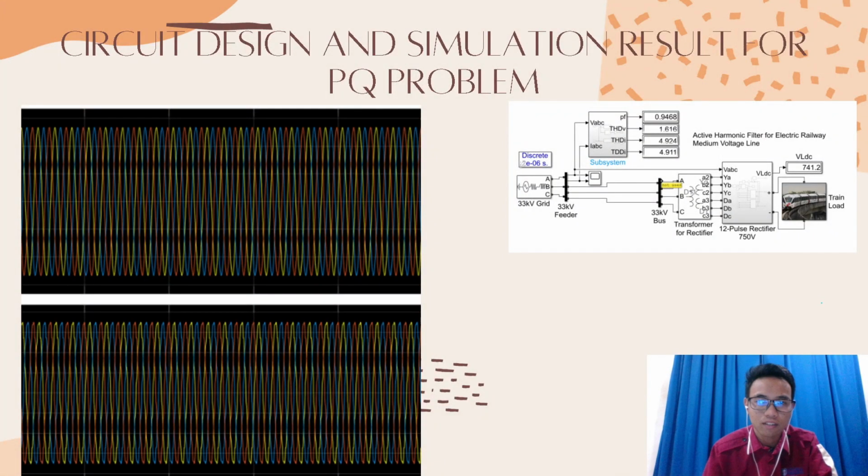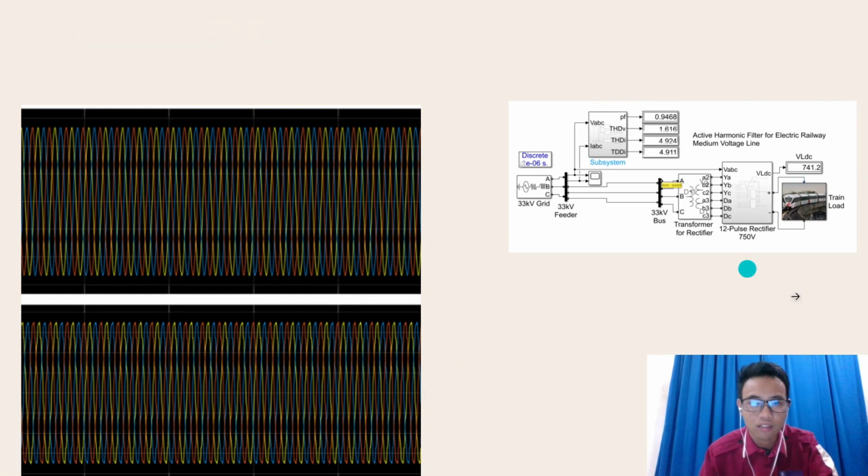This is the circuit design and the simulation result for the PQ problem. On the left side is the result for the PQ problem. As you can see here, the edge of the waveform is a bit edgy and not smooth. This could be bad for the electric railway. And on the right side of the slide, this is the design of the railway medium voltage line. There is no harmonic filter applied yet. On the next slide,